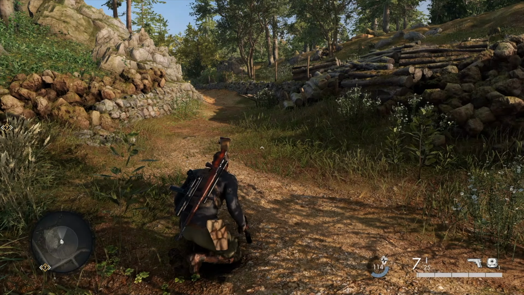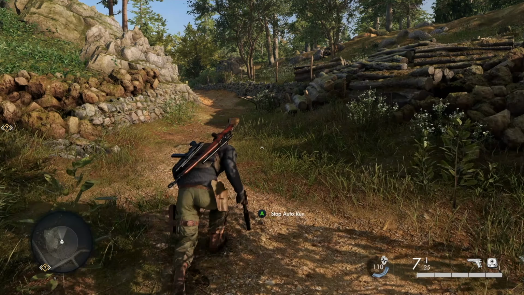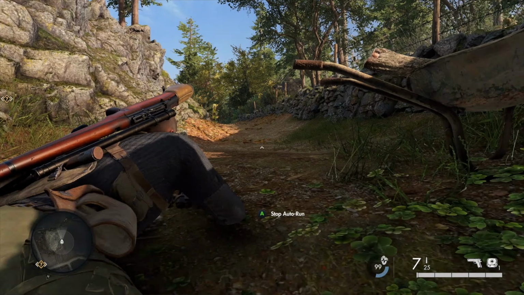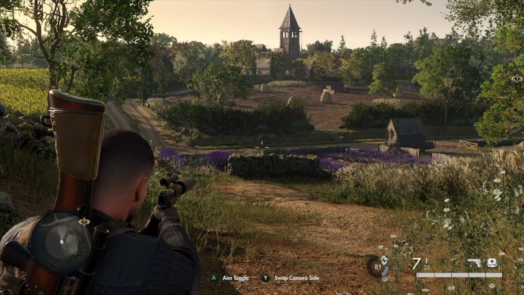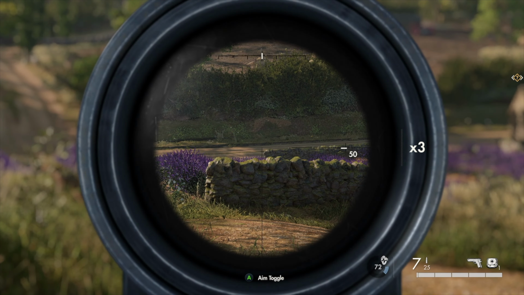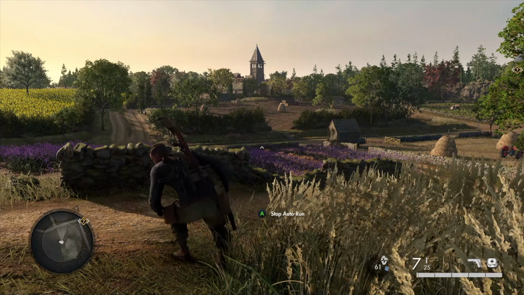Pressing B or circle will cause you to crouch, and you can move forward slowly this way. Holding B or circle will make you go prone, and you can crawl forwards by tapping the A or cross button. This setting may be helpful for those who find it difficult to access 2 analog sticks at the same time. It is worth noting that when using custom controls, left stick click is still required to sprint.